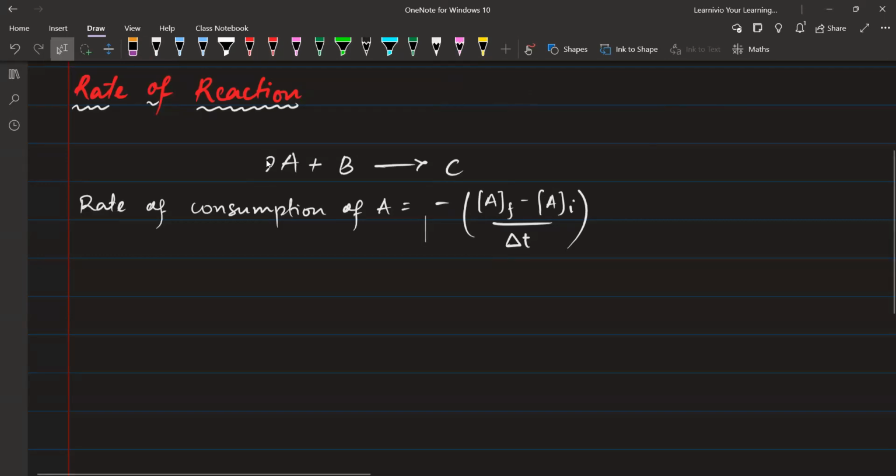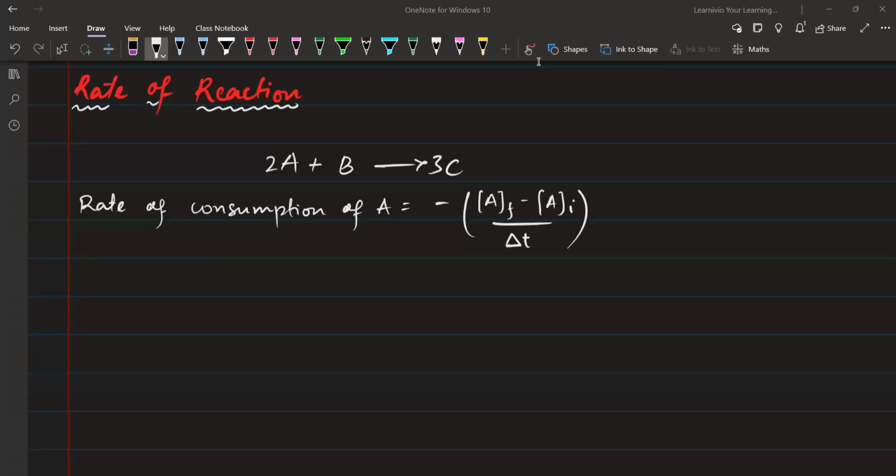Now, if I have 2A and 1B giving 3C, that is, 2 moles of A and 1 mole of B giving 3 moles of C, then also please try to understand here that for the rate of consumption of A, the formula is not going to change, because if you are looking at A, you are not looking at the stoichiometric coefficients. You're looking at the real reaction in the lab, in the beaker, where A is decreasing by this amount in this particular time. That's it. So whether the coefficients of A, B, and C are any number you want,